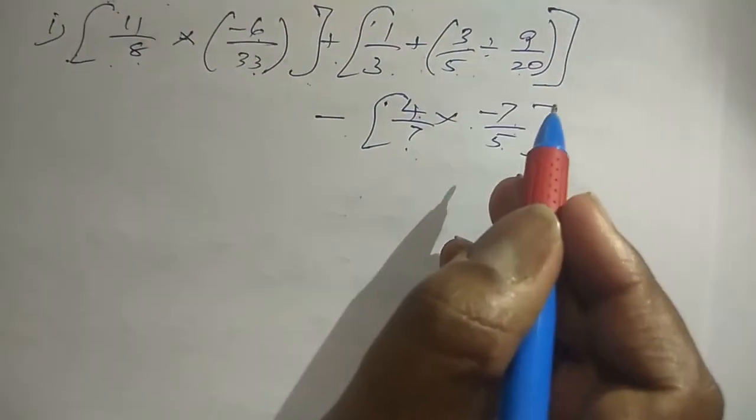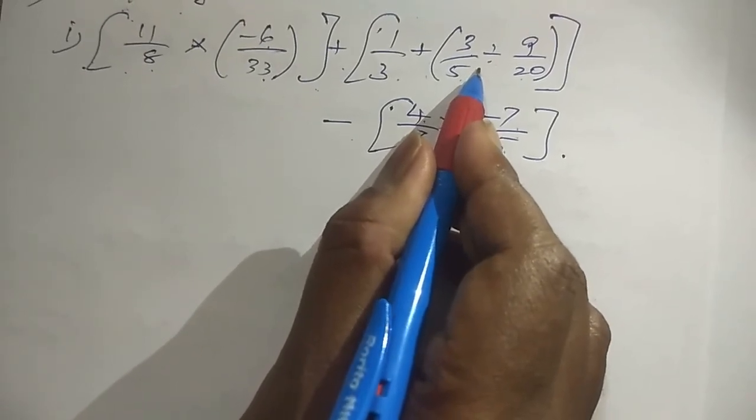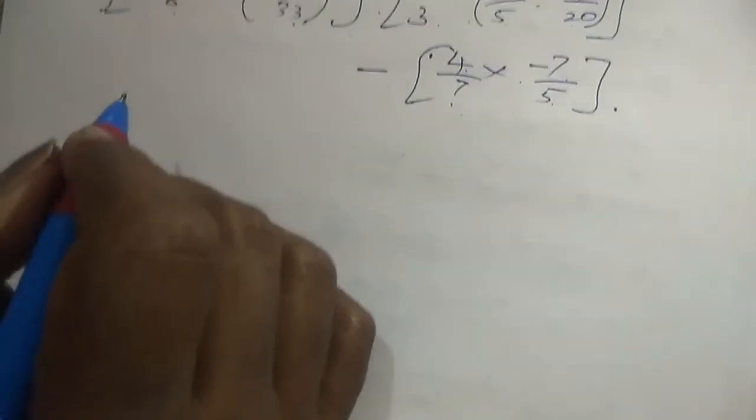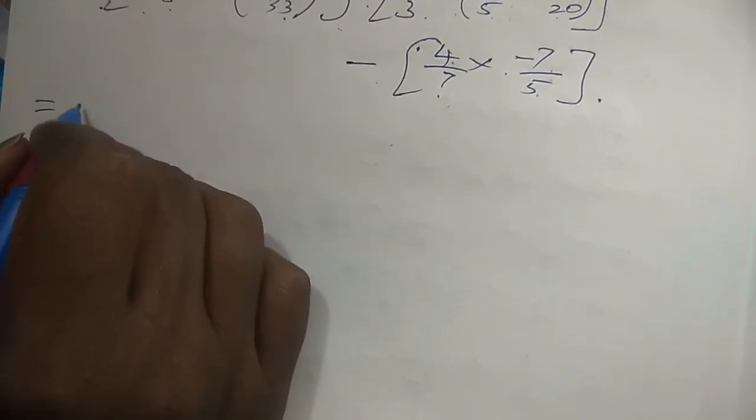If there is a bracket inside a bracket, the inner bracket will be given the first importance. Okay, first we go with each bracket and solve it, and at the end we do the rest. So the first bracket here is 11 by 8 into minus 6